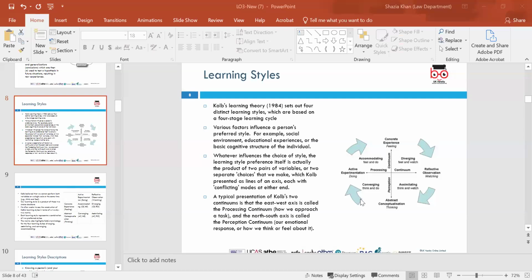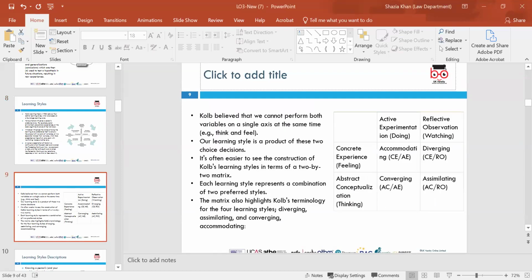And then you've got abstract conceptualization, which is about thinking, where learners form new concepts. They form new theories, they form new ideas, and they have an understanding and experience of it. And then active experimentation is doing, where the learners put their knowledge into practice in new situations and start doing stuff. So these were the learning styles adopted.